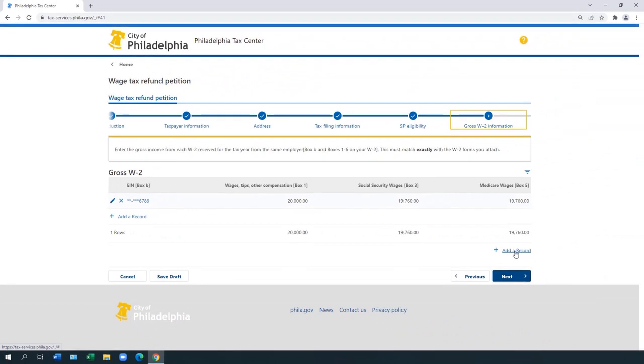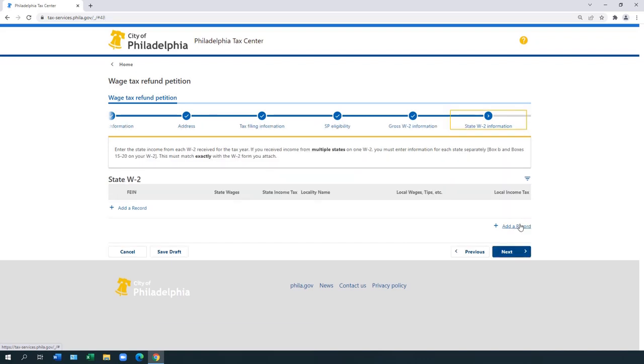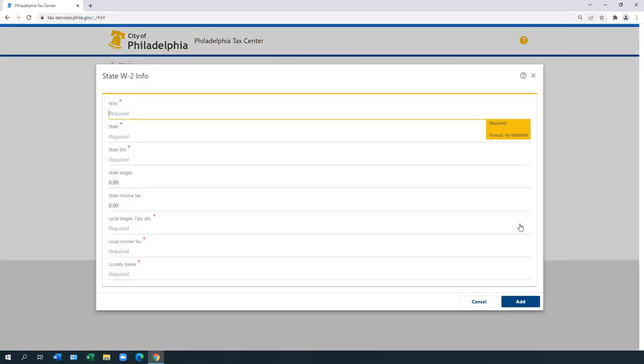If you have more W-2s, select Add a Record, and repeat the process for each additional W-2. You may only have one W-2. When you've entered the information for all your W-2s, select Next. Now, you must enter information for the state, but you will use the same W-2 form as before. Select Add a Record. In the pop-up, enter information from your